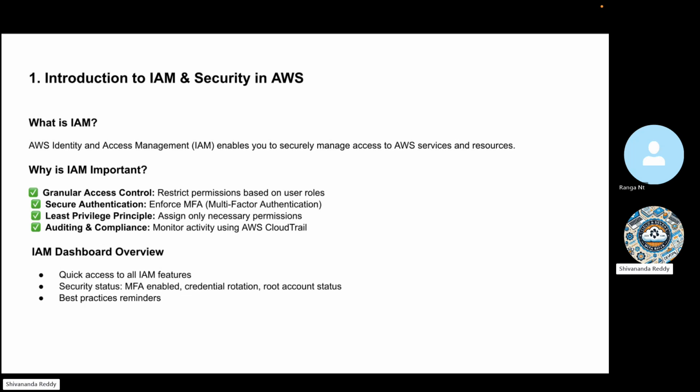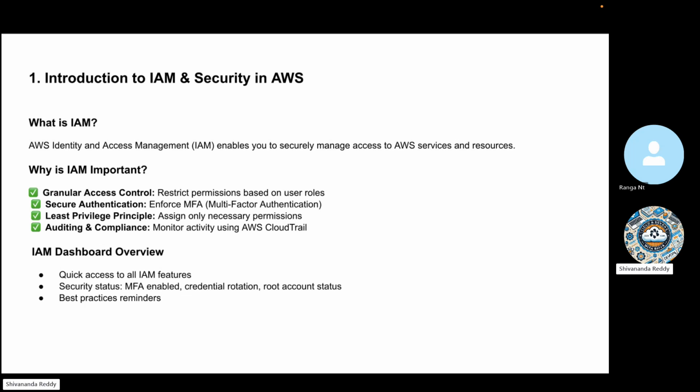Moving on. First we'll see an introduction to IAM and security in AWS. So what is IAM? Remember, IAM is a very predominant service in AWS, and not only in AWS, in all cloud providers. IAM is the first and most secure service. In Azure, GCP, Oracle Cloud, everywhere, the service name is predominantly the same, the working principle is the same, and what you do is the same. What differs is only the place where you create the resources. For example, if you use AWS, you get resources in AWS; in Azure, you create them in Azure IAM. But it's common: AWS Identity and Access Management.